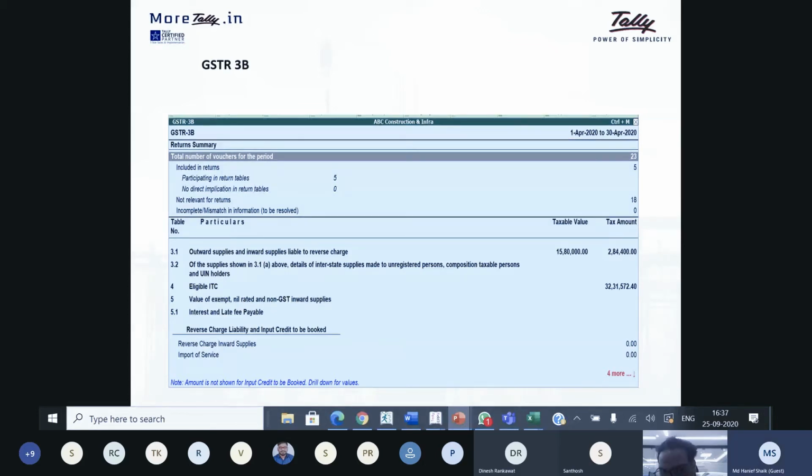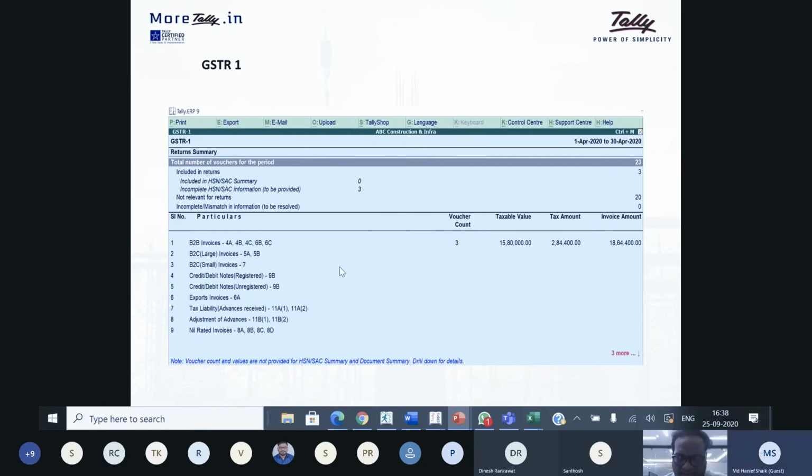with related transactions, and here it will show the outward value, how much is the tax value, and how much ITC is available for this. This return is auto generated, and I will show in the data next how this report looks, the drill downs, how it looks and everything.